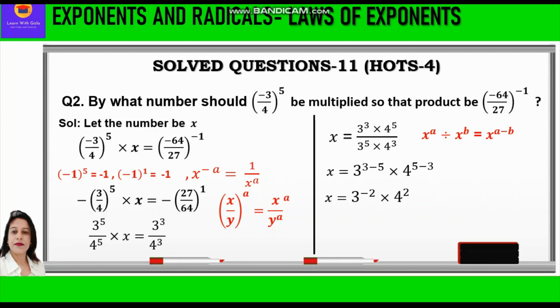Now further we shall convert the negative exponent, that is 3 raised to power minus 2, to a positive exponent by just reciprocating the base. We shall apply over here the law of negative exponent, that is x raised to power minus a is equal to 1 upon x raised to power a. So accordingly we shall write 4 square upon 3 square. Because 3 raised to power minus 2 was in the numerator, we just brought it down to the denominator and the negative exponent became a positive exponent, which is equal to 16 upon 9. So this is the value of x. The answer is 16 upon 9.